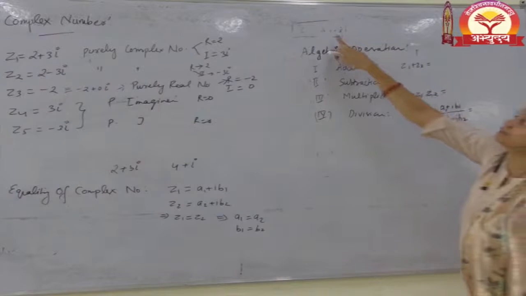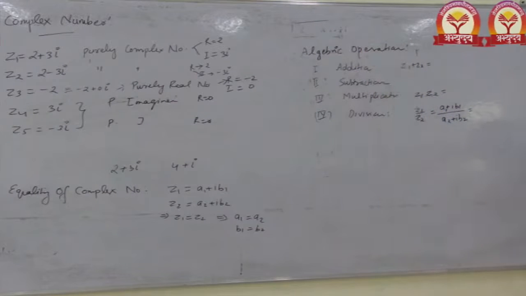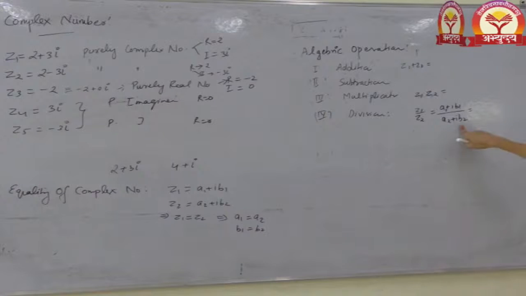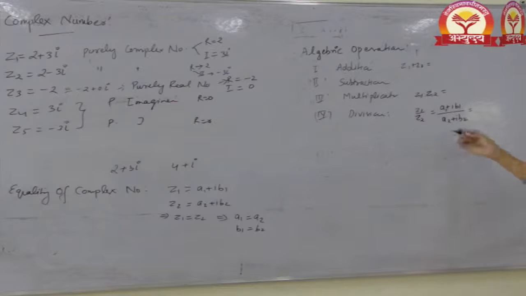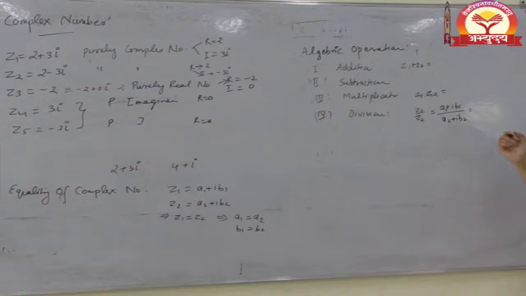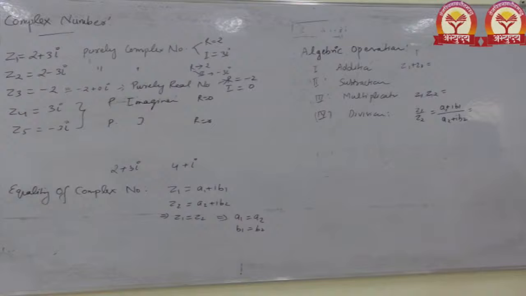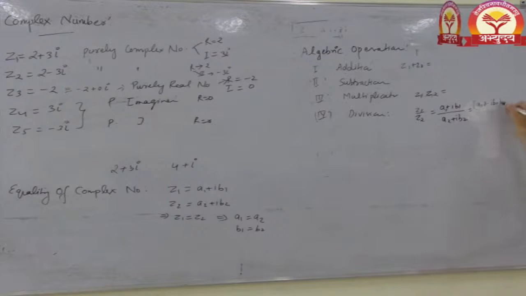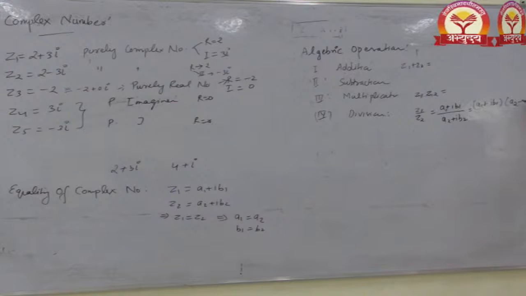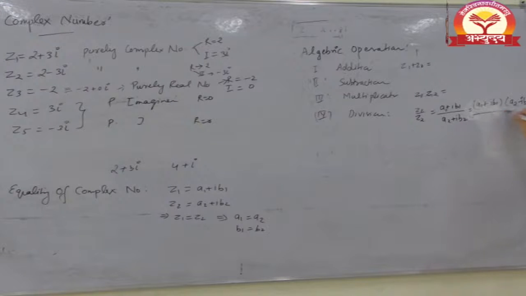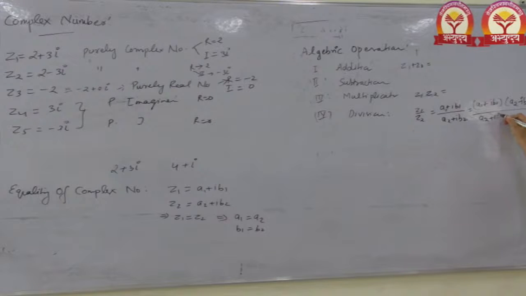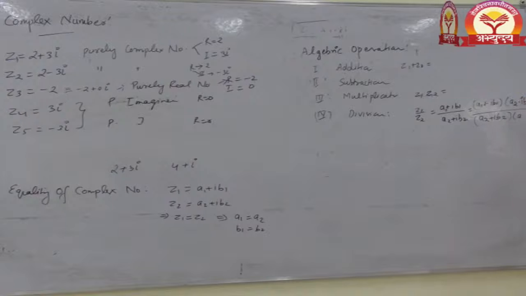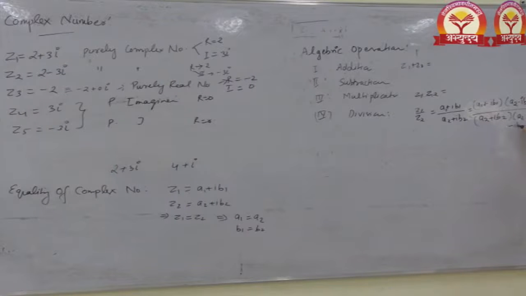complex number is this only. That means real part and some imaginary part. You have to convert it into x plus iy. कैसे convert करेंगे? minus i